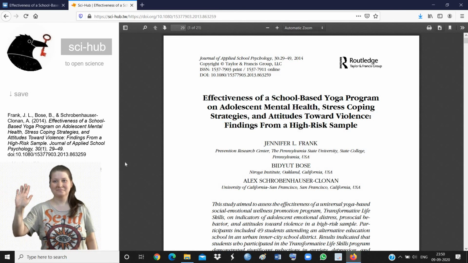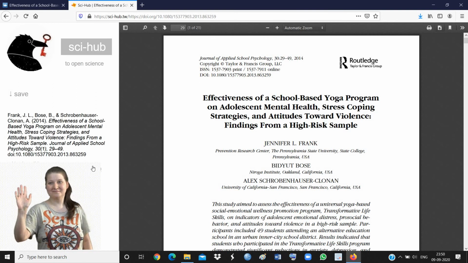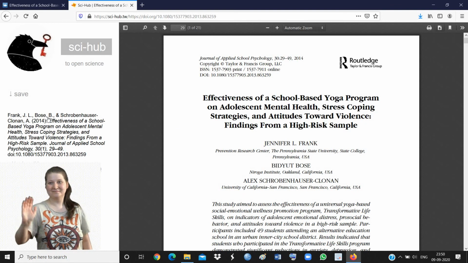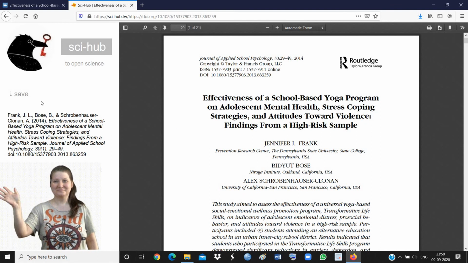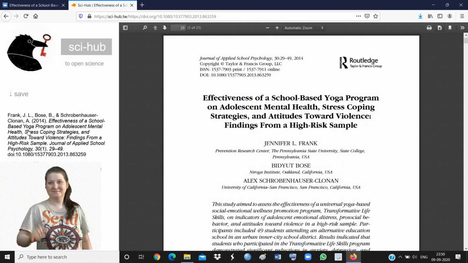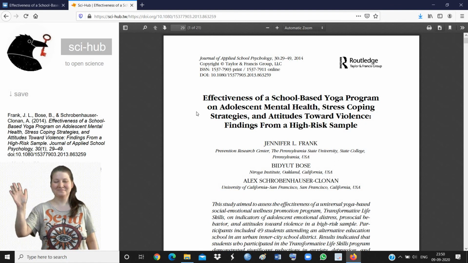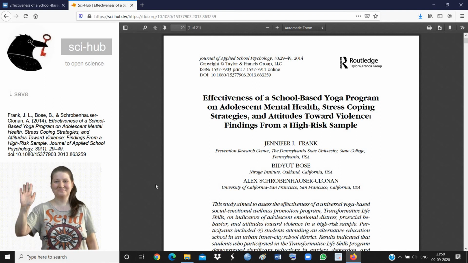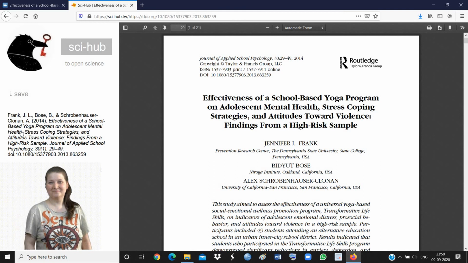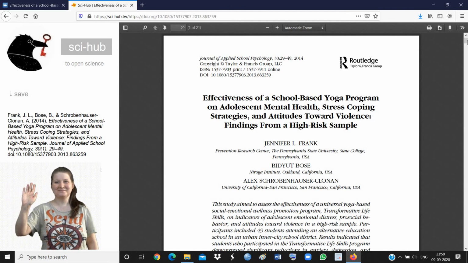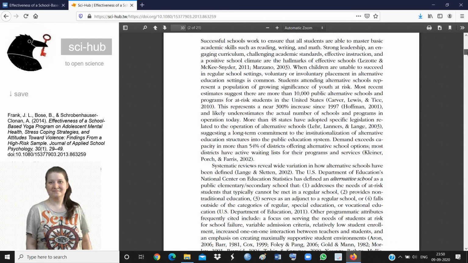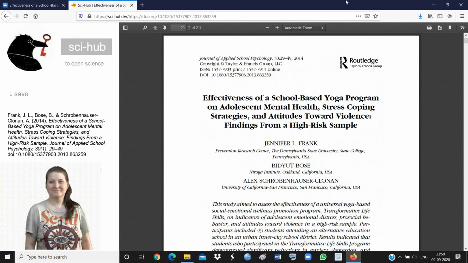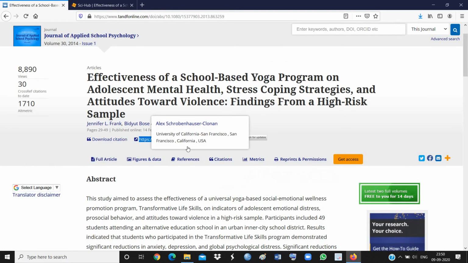Now what else is there? We have the citation. The reference is already given to us for this particular paper. So we can also download this, or copy and paste this reference along with the research paper, since we all know that whenever we cite any research paper, it is mandatory to cite the reference. So this is how we can use Sci-Hub, which is a gateway to open any kind of research paper. This includes books as well. The only thing we need to do is provide the DOI number.